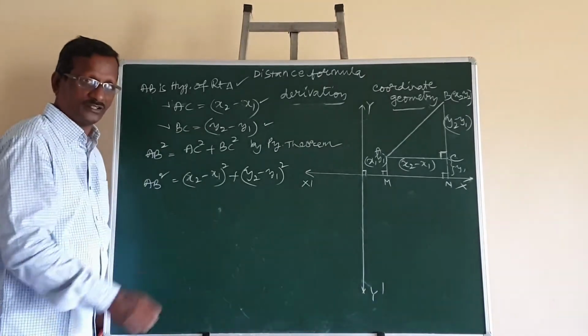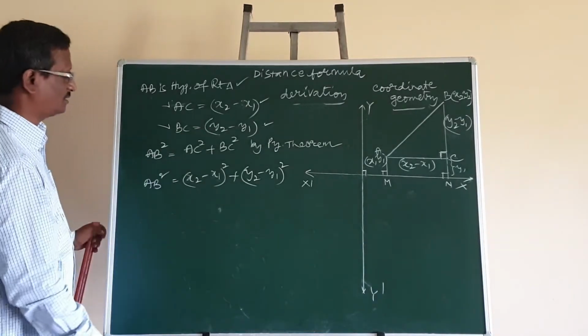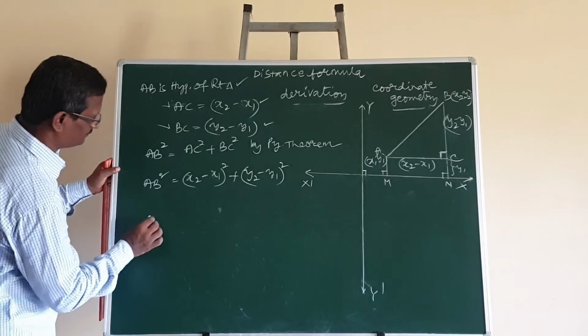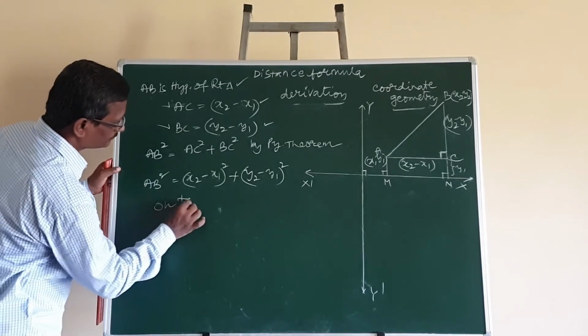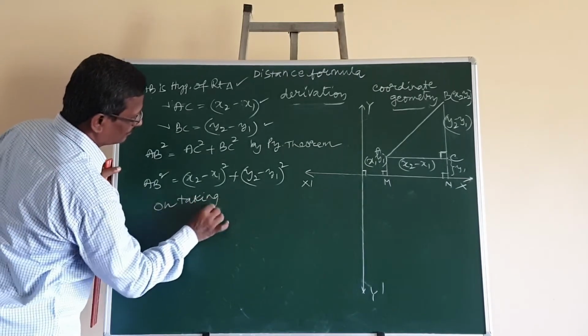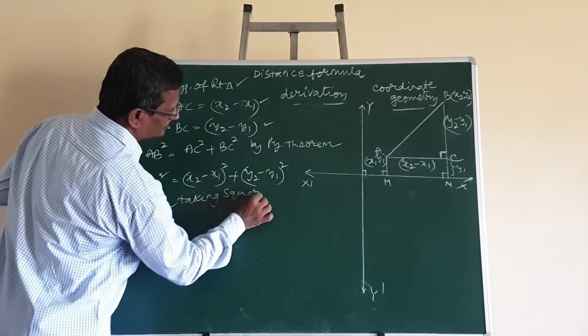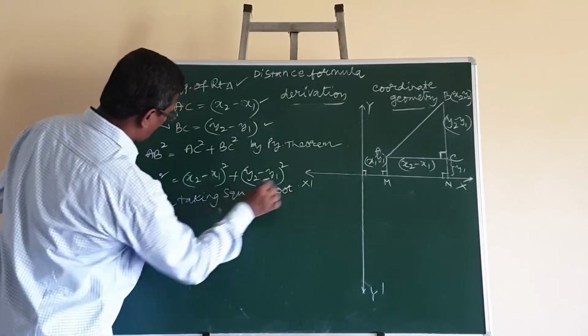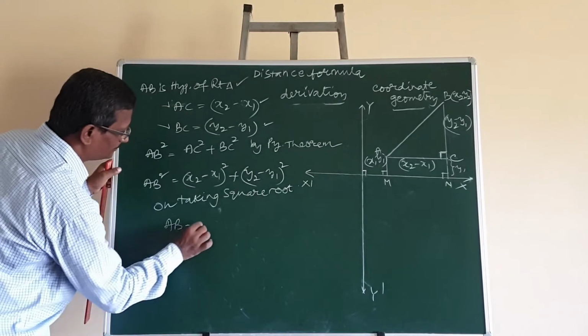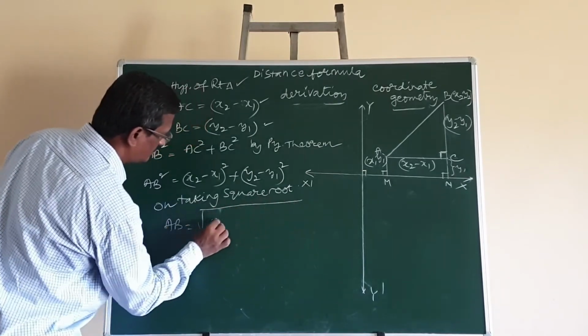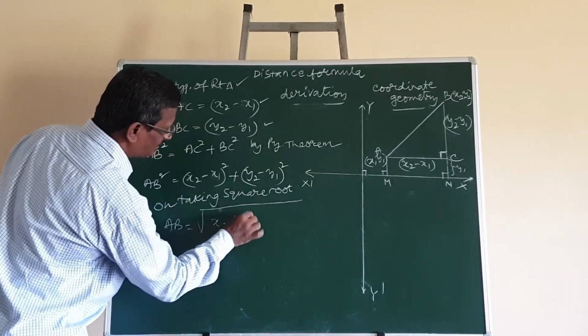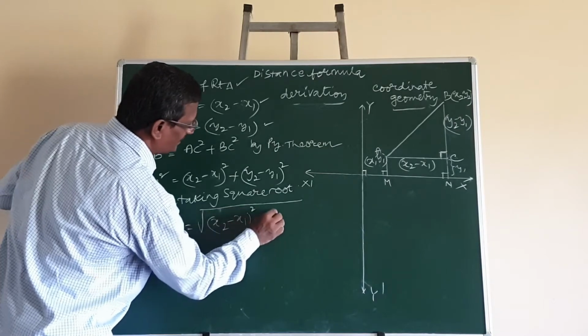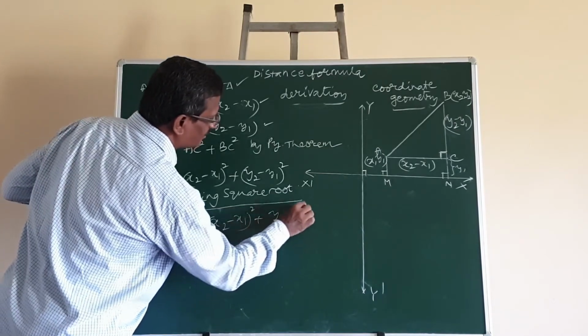For that, let us take the square root on both sides. On taking the square root on both sides,